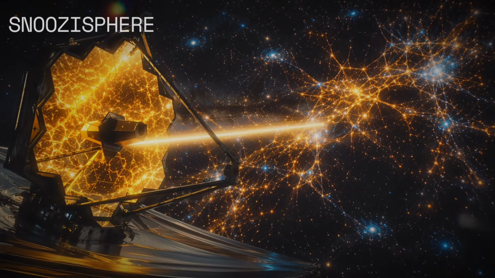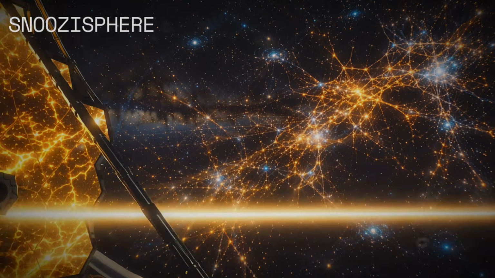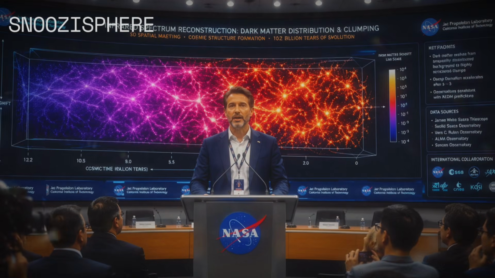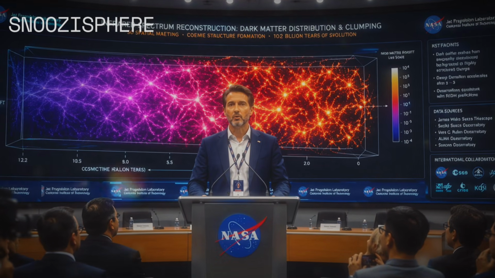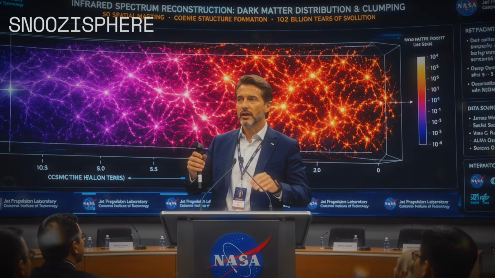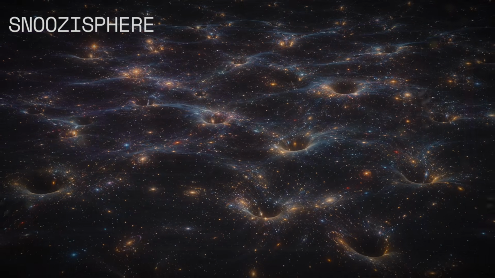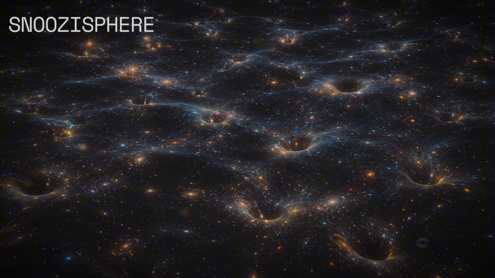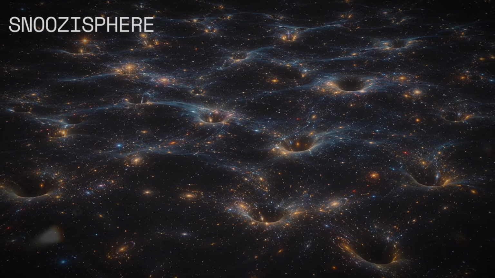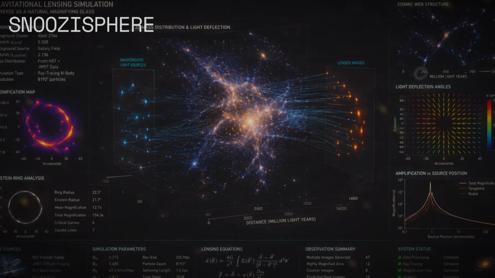Now, hold that 100,000-year journey in your mind. It is a vast stretch of time, spanning the entire history of our species. And then consider IC 1101. This galaxy is so large that light requires 6 million years to cross it. 6 million years. When a photon of light begins its journey at one edge of IC 1101,